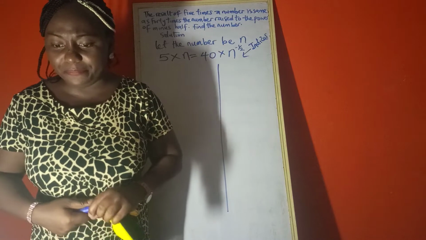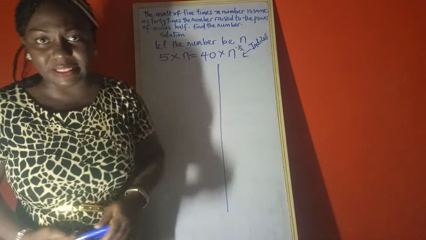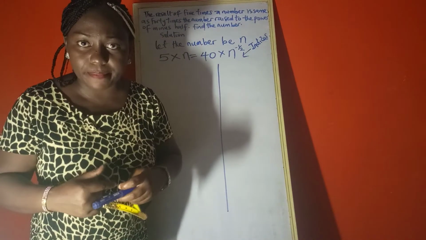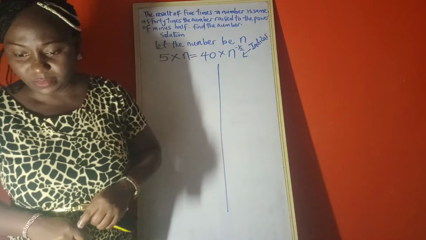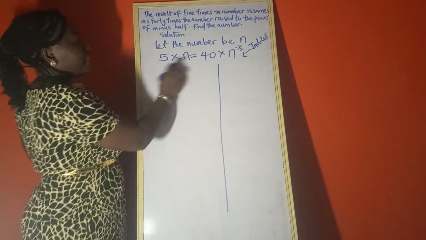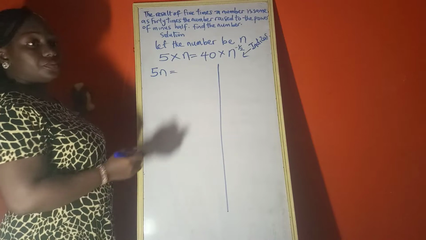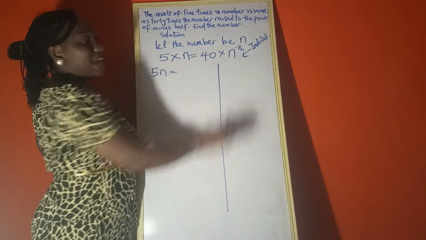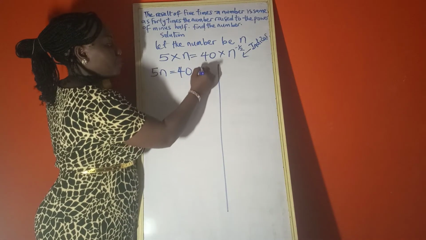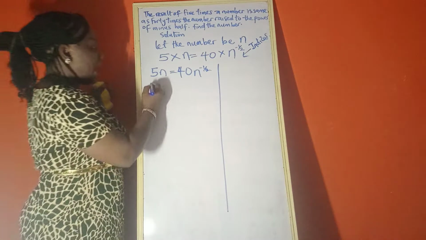And so remember, our objective is to find n. Now n appears in 2 places here. We should be thinking of how we can make the n to become 1. So what I'm going to do to solve this, 5 times n is 5n, which equals 40 times n raised to the power of minus half. The next thing I'm going to do here is to divide